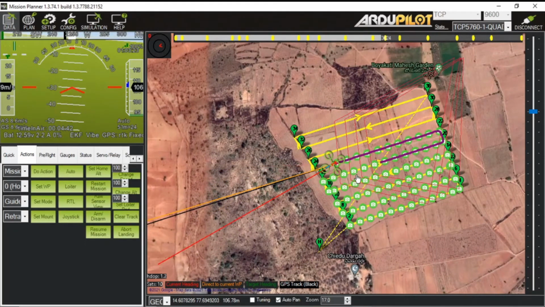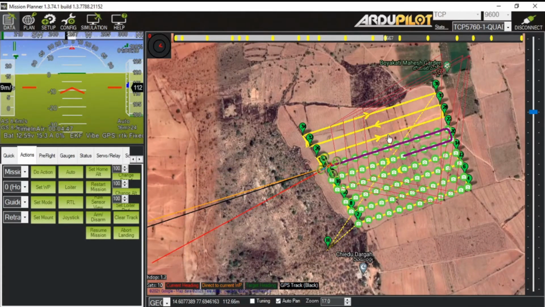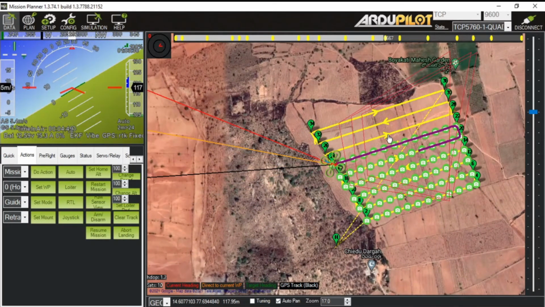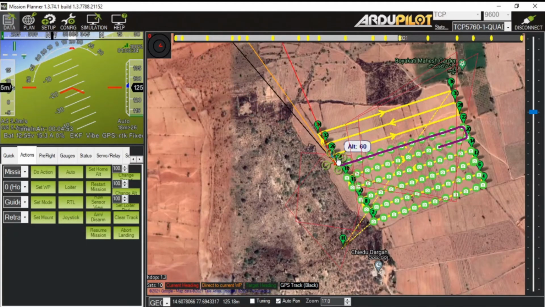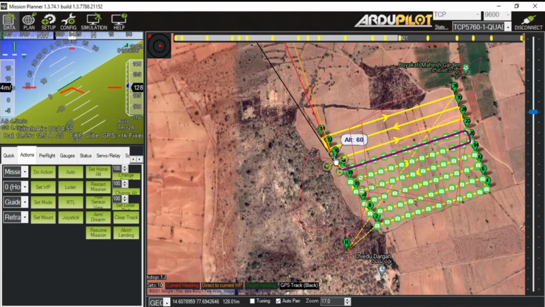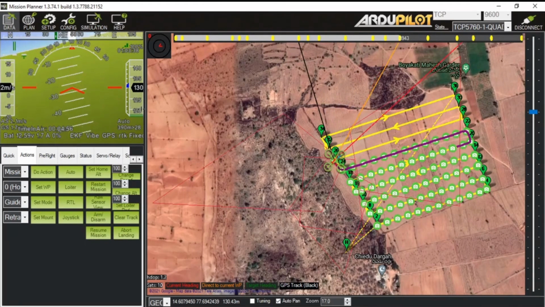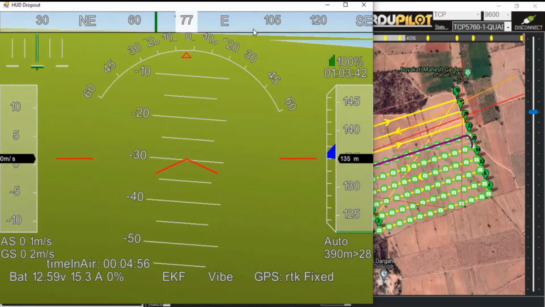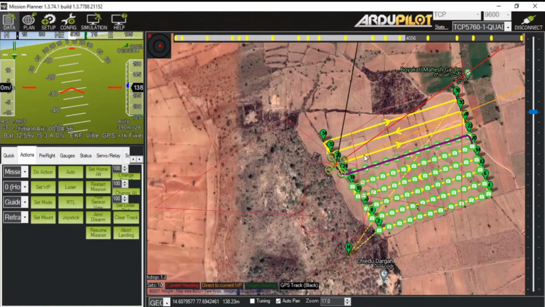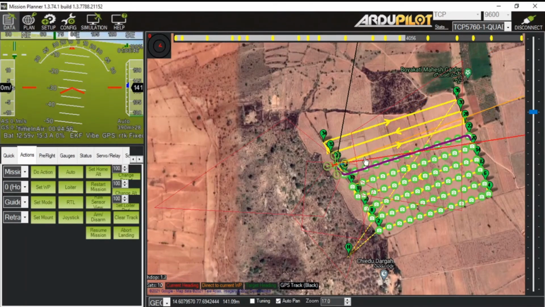So once it changes direction, it will move this way. You will really see the changes. So right now it is changing the direction, and yes. You can see right now its direction is almost what we put, right? It's almost 70, around 70. And you can see our drone is not moving forward, right?